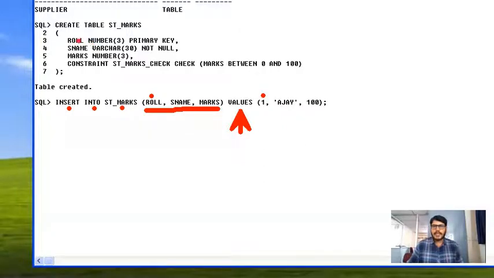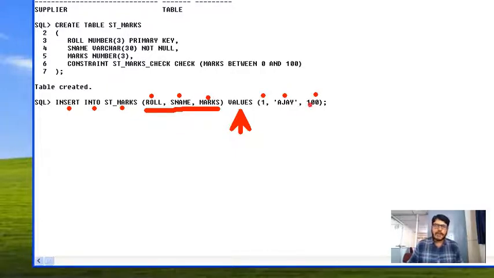As you can see here, roll number and marks are numbers, so no need to use single quotations. But for varchar, I must specify single quotations. So for sname, which is a varchar data type, I need to specify the value within single quotations. That's why I have used single quotations to specify Ajay as a value. After this, for marks, I have entered 100.